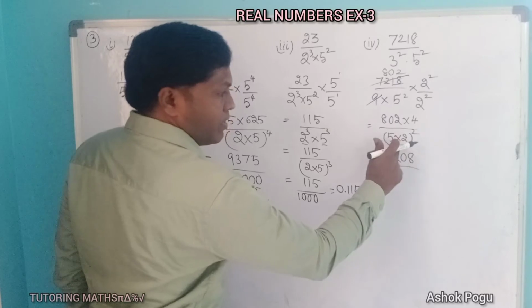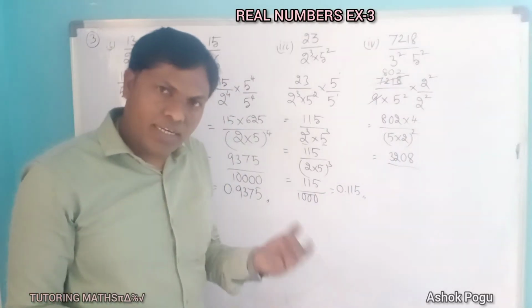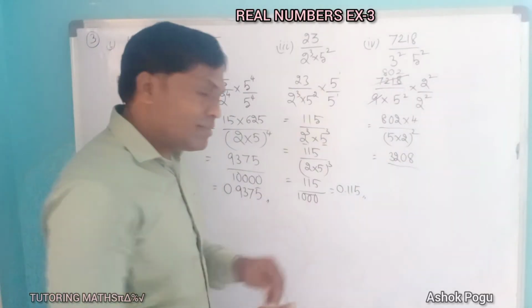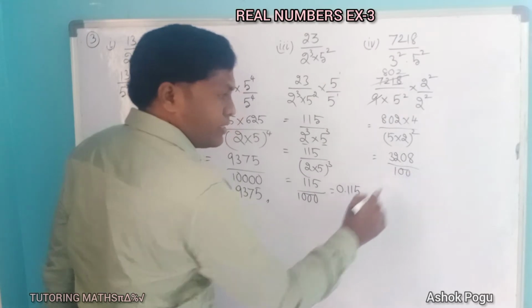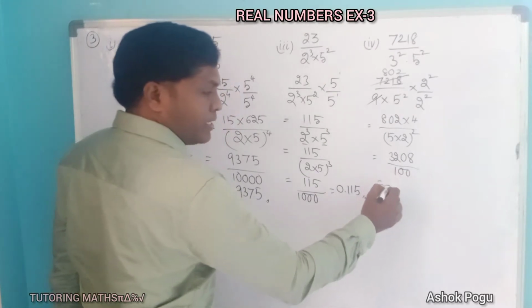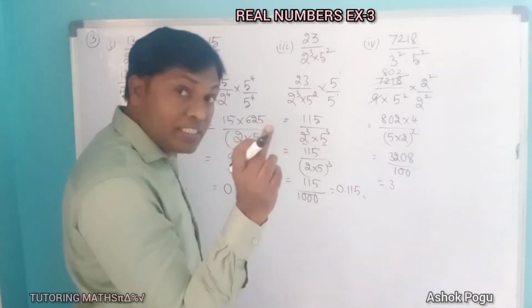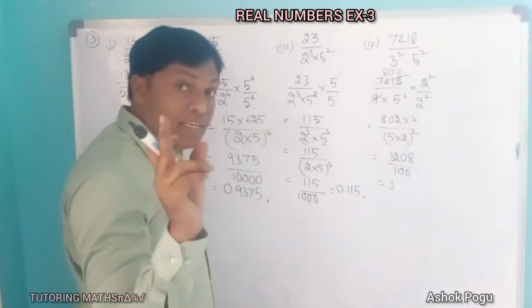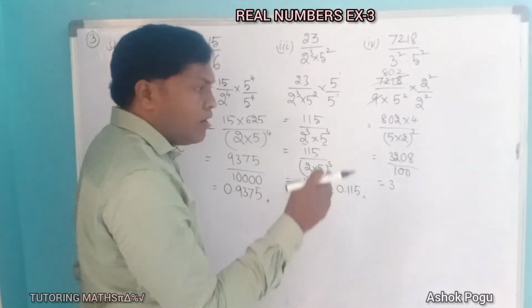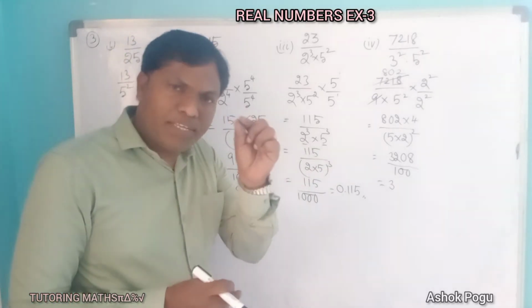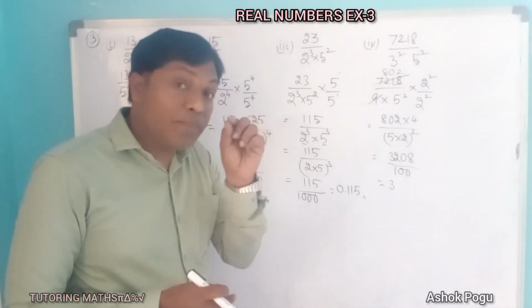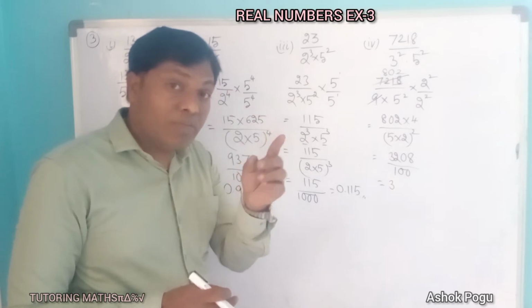3 2 0 8 by 5 2s are 10. We have got 10 square, that is 2 zeros, 100, and we get 2 decimal places, 1 2. How do you take decimal places? How do you count? It's very clear, it's very important, don't get confused. While taking decimal places, where do you keep the decimal point? That is a very important concept.